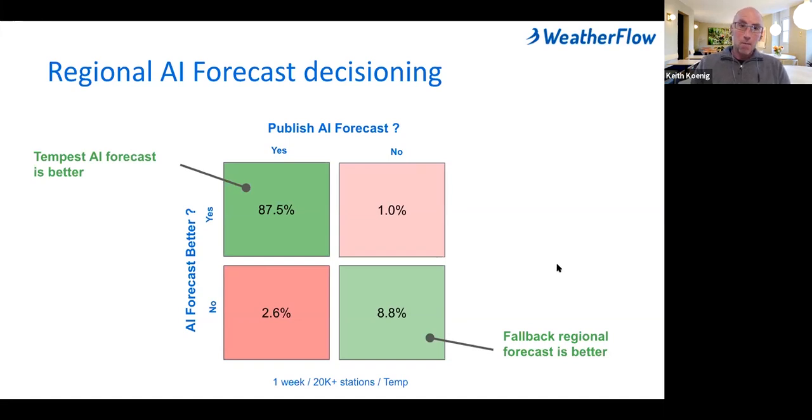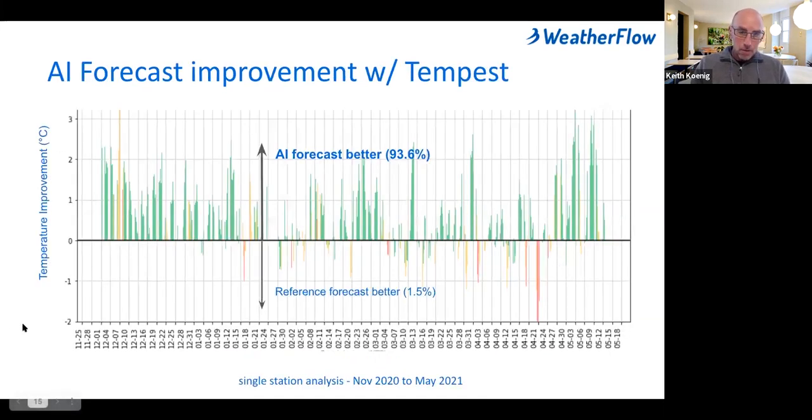Let's take a look at one individual station. What we're looking at here is a comparison, above this horizontal line, of the Tempest AI forecast versus, below the line, that reference regional forecast.